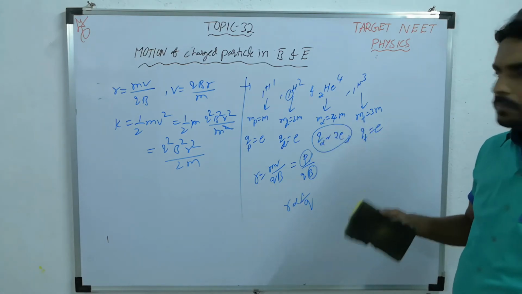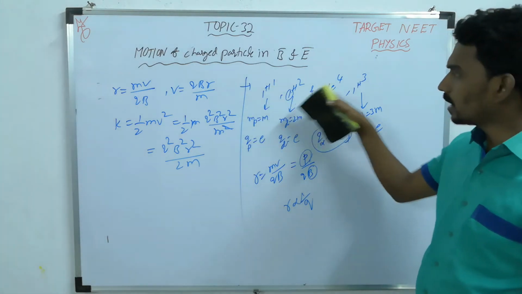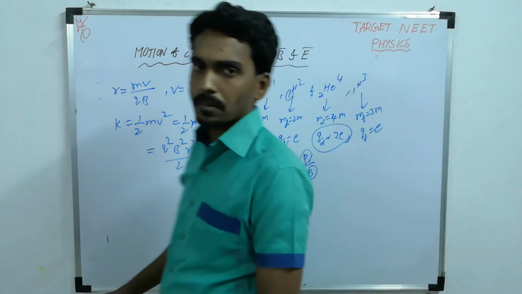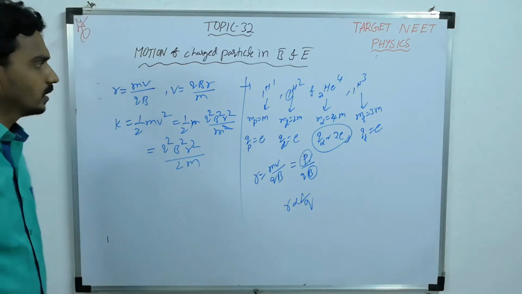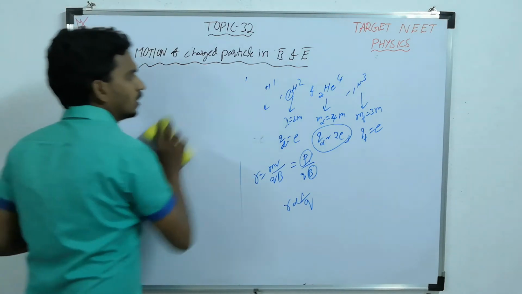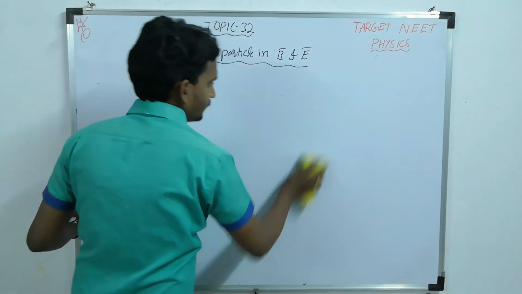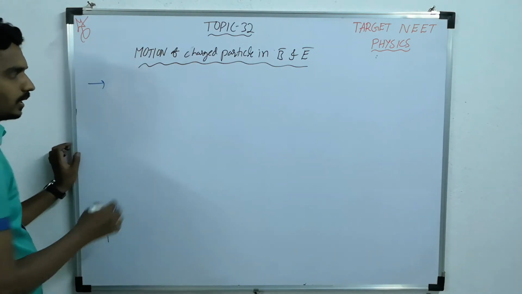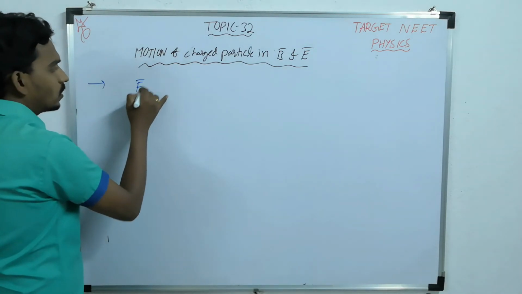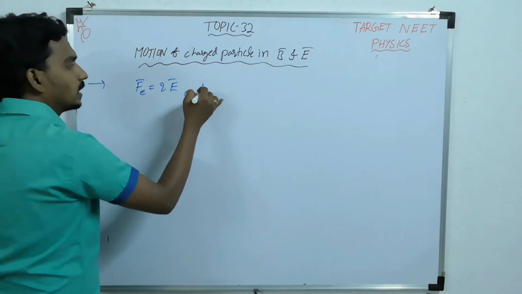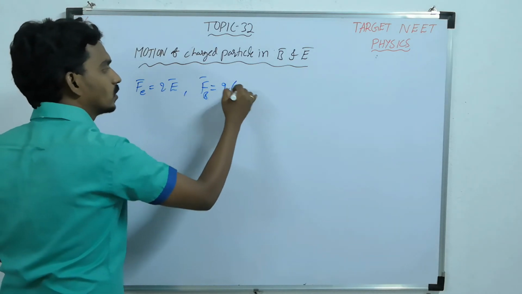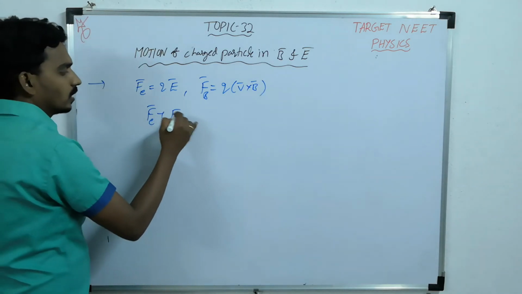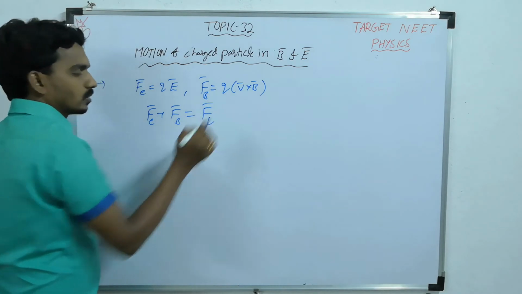This is the simple kind, and especially based on particles like proton, deuteron and alpha particles, comparison based questions they will ask you. Apart from this, when you consider a uniform electric field and magnetic field, there is an electrostatic force QE bar and a magnetostatic force, that is Q V bar cross B bar. Then the total force is called the Lorentz force.